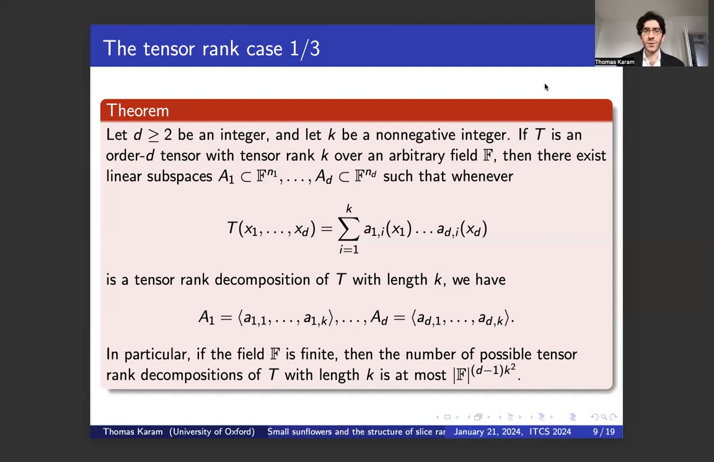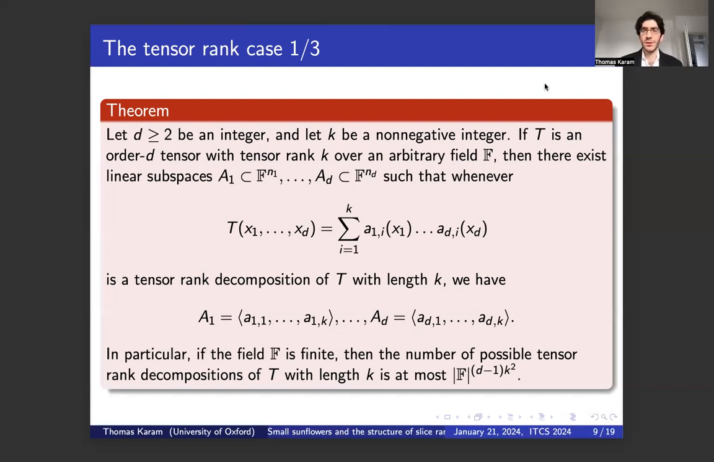Now, in the case of the tensor rank, a tensor might have more than one tensor rank decomposition with minimal length. Even if we allow changes of basis, there can be more than one possible decomposition. But something that does remain true is this consequence about subspaces that we had in the matrix case. This remains true. If T is an order d tensor with tensor rank, let's say k, then